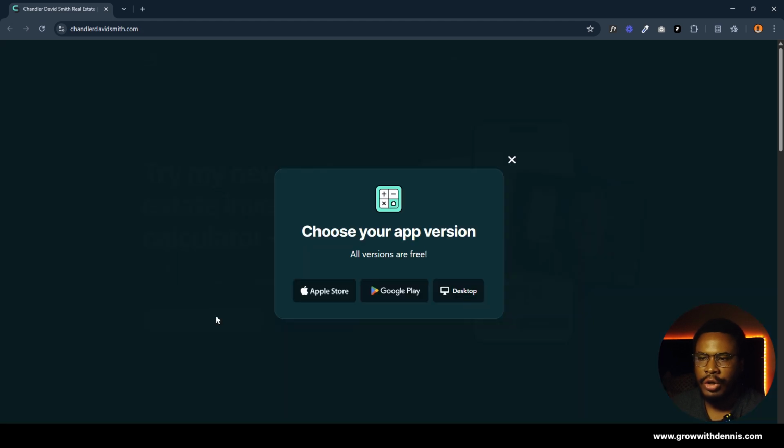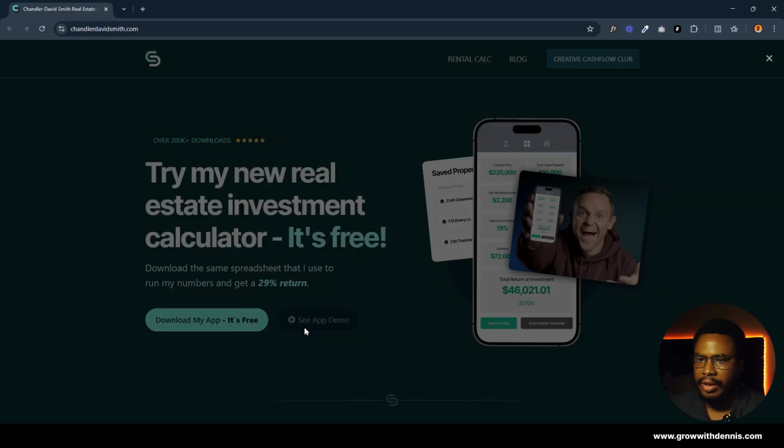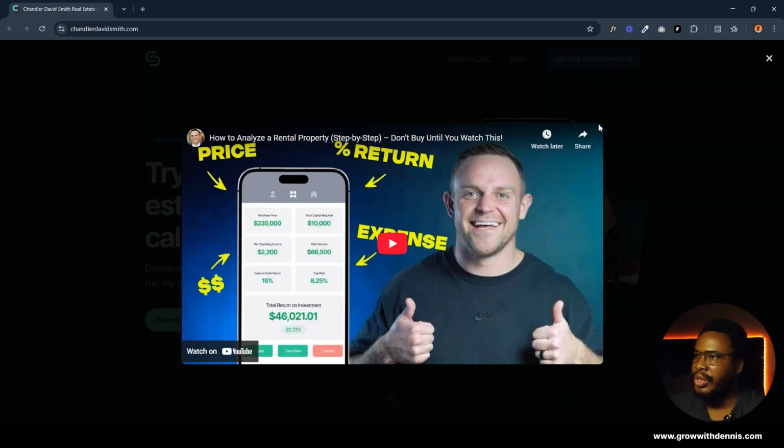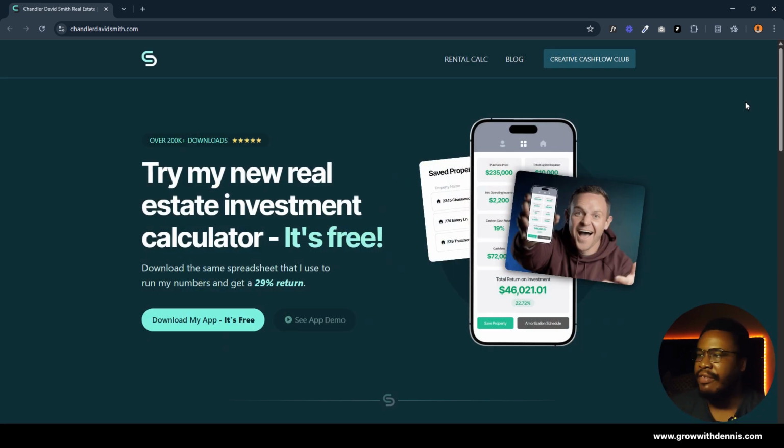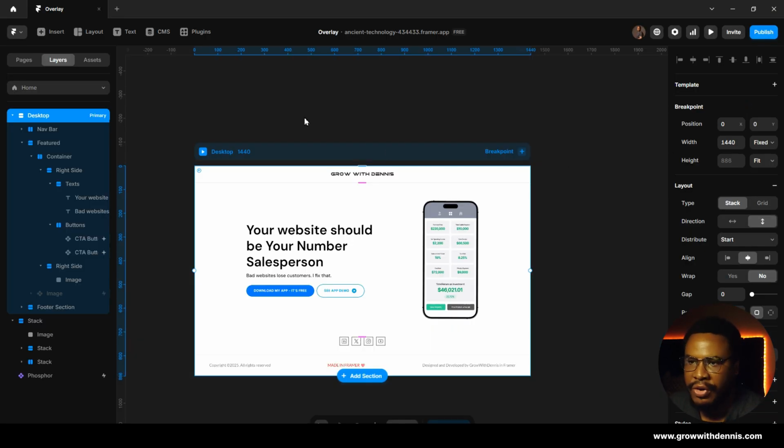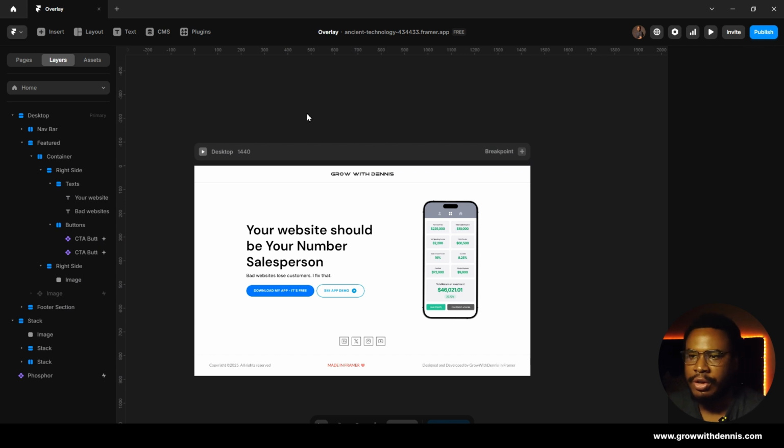In this video, I'm going to walk you through how you can create this amazing overlay. This is YouTube, so I'm going to show you how you can create this right in Framer. Without wasting much time, let's dive into our Framer file. So this is our Framer file. I just did something to let us dive straight into how you can create this amazing overlay in